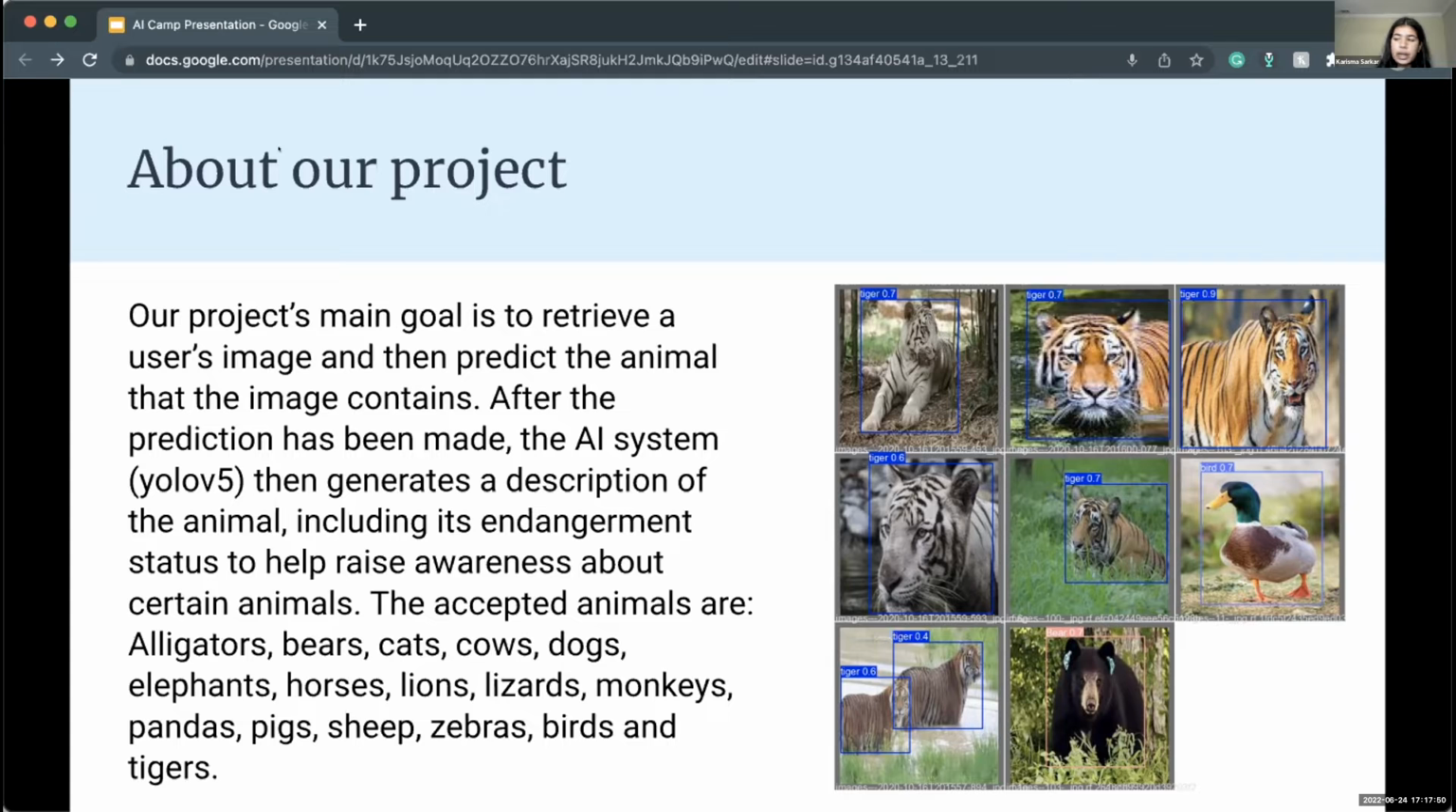After the prediction has been made, the AI system also outputs the description of the animal. This description includes the animal's endangerment status and some other facts about it. The goal of the description is to help raise awareness of endangered animals and to educate people about the animals that they input. The accepted animals are alligators, bears, cats, cows, dogs, elephants, horses, lions, lizards, monkeys, pandas, pigs, sheep,